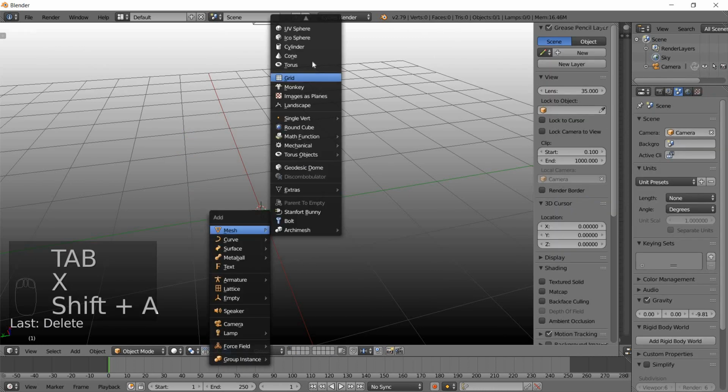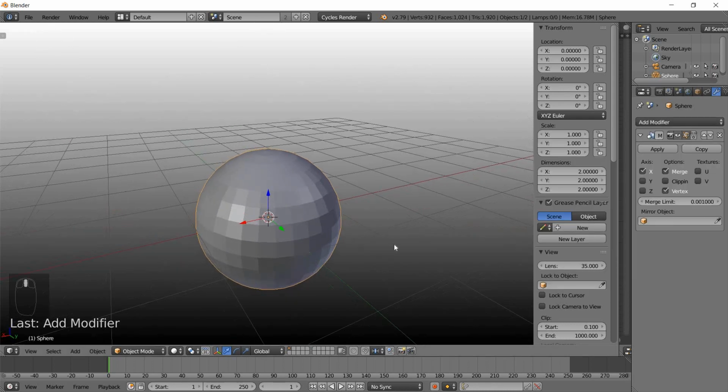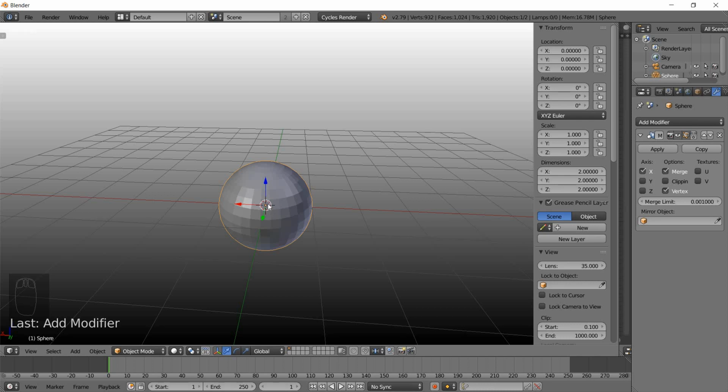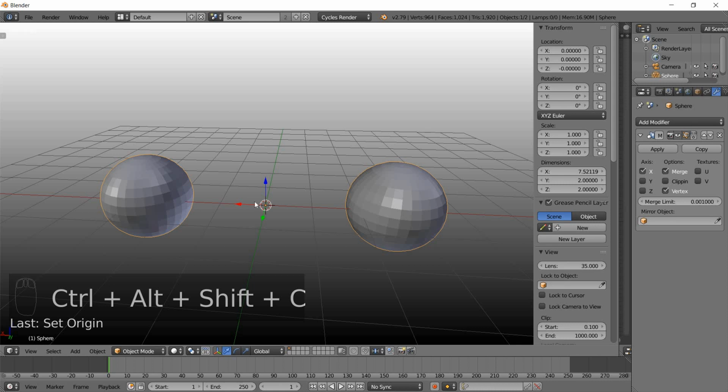And again, that's why you can just throw a random object in there, add the mirror modifier, and nothing happens to it. It's because it's currently being mirrored off that point of origin, and everything on this object is equidistant, is the same distance from that point of origin. So that dot's not closer to one side or closer to the other side, therefore everything is being mirrored perfectly on itself. This side is currently mirroring onto that side, but it's mirroring in the exact same position that the stuff on this side is already at. So yeah, you either need to move the object and change your point of origin,